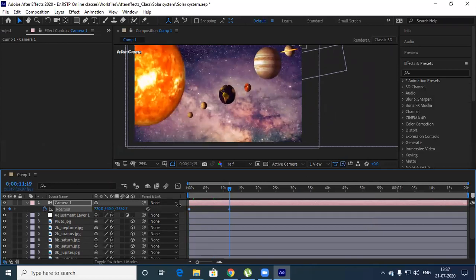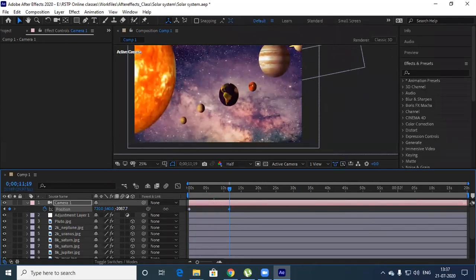I was testing something, so I took a 50 mm camera.